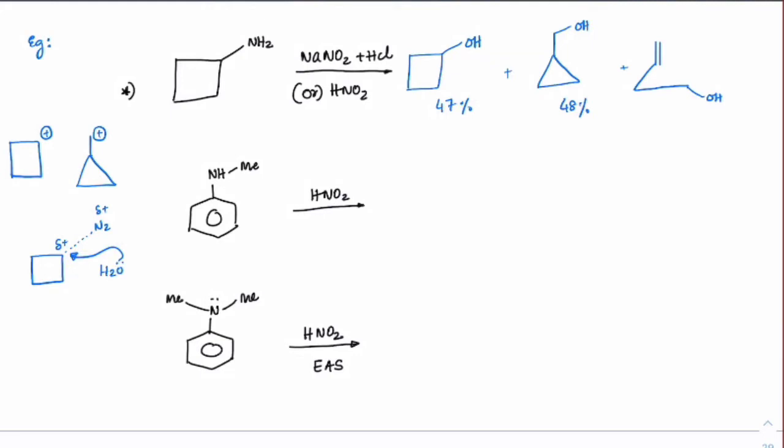Got it? If you remember, we have discussed this in the SN1 mechanism. Why inversion is slightly more favored than retention in solvolysis? Because of the tight ion pair effect. So the same thing will happen because of the tight ion pair effect here. As N2 starts leaving here, before it even gets rearranged, water will start attacking on this. So that's why you'll see the percentage is quite comparable between cyclobutyl alcohol and CPM alcohol. Okay.